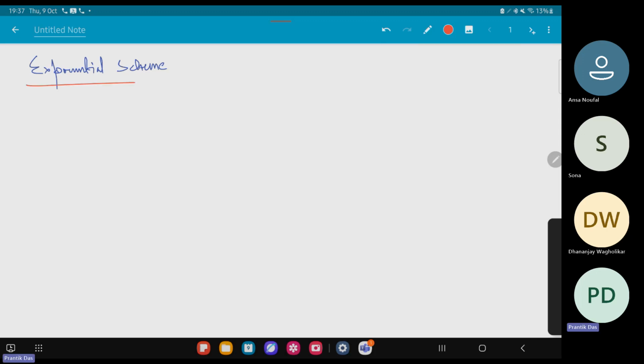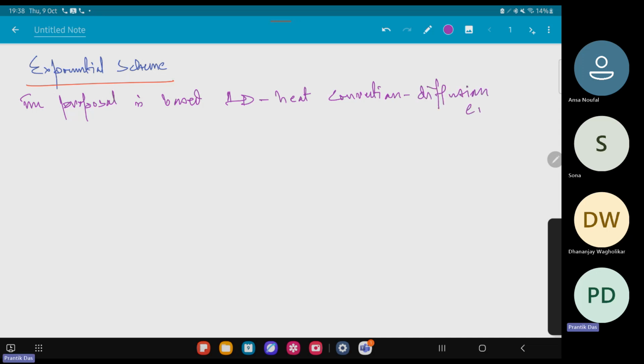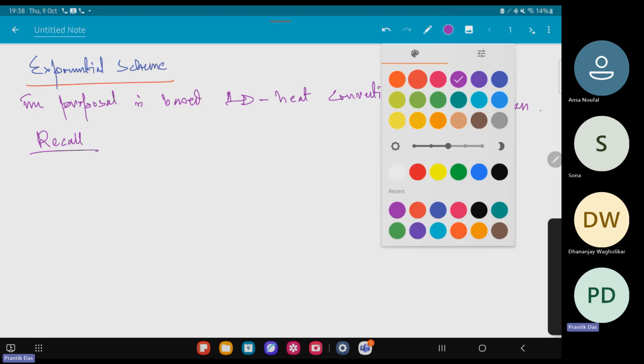The proposal is based on the exact solution of the 1D heat convection diffusion equation. Okay, so we know that if I go to the general transport equation itself,